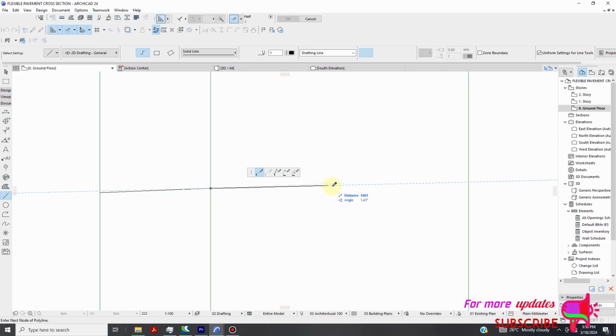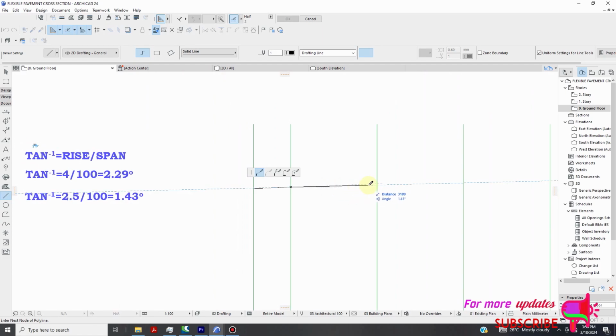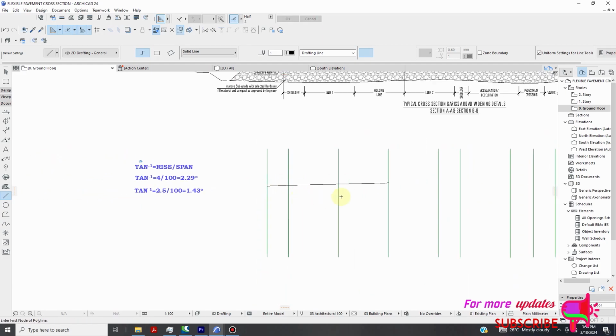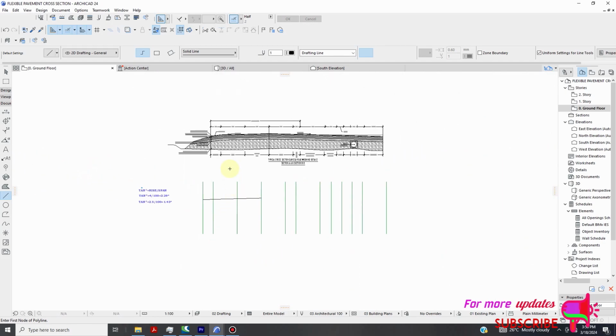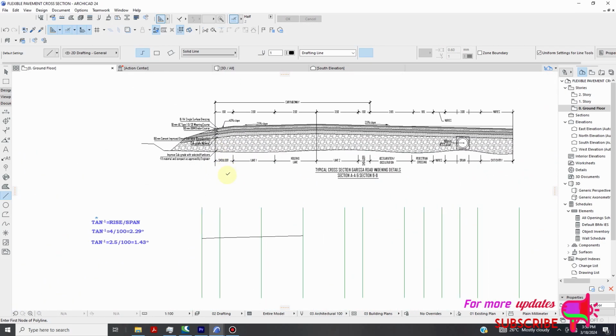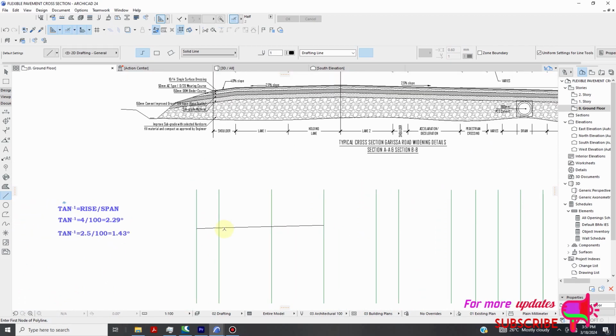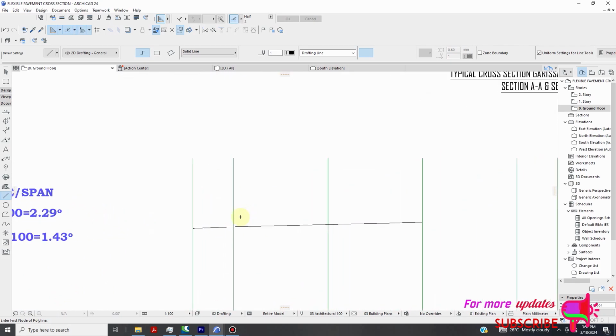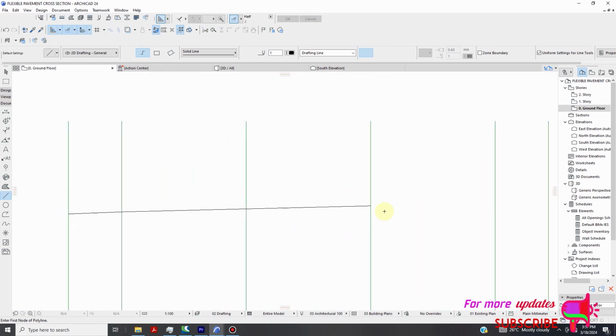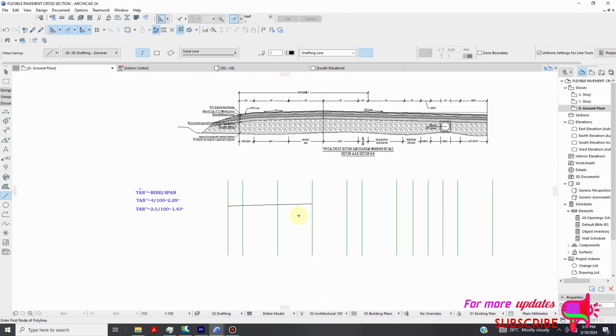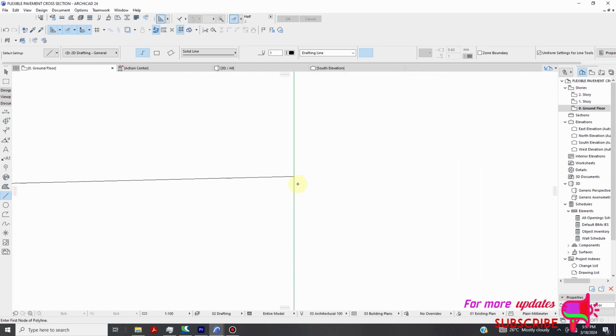Okay, I'm going that angle of 1.43 up to that point. Okay, you can see the difference in this slope is really small, not that big a difference. Then again from here,